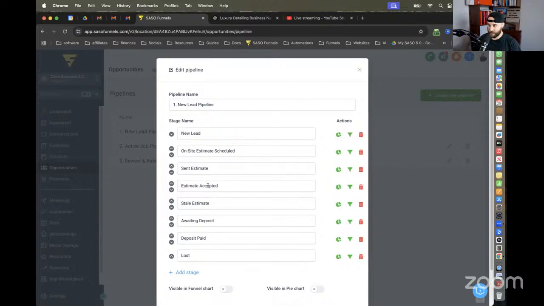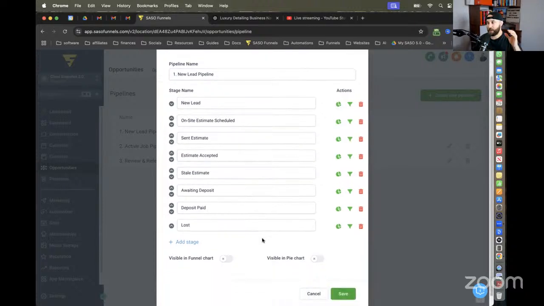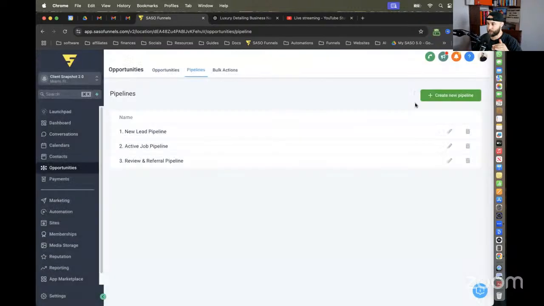So once the estimate is accepted, we move to awaiting deposit. Basically, they accept the estimate. In the estimate settings, you have it where it immediately sends the invoice and says, "Hey, just pay the down deposit of XYZ percentage," and I can show you how to do that. Once they pay that XYZ percentage, then it moves from awaiting deposit to deposit paid. Once it moves to deposit paid, there's another automation that moves them into